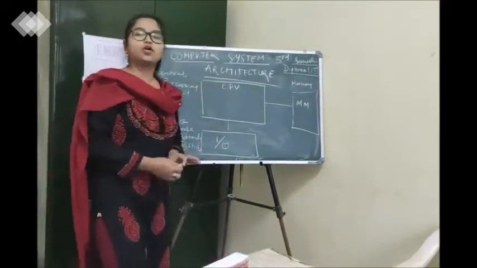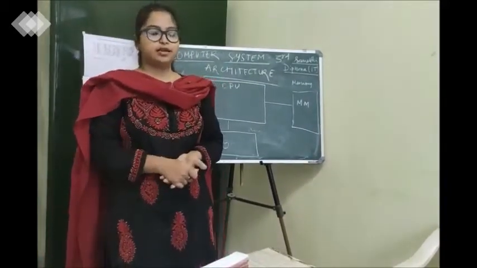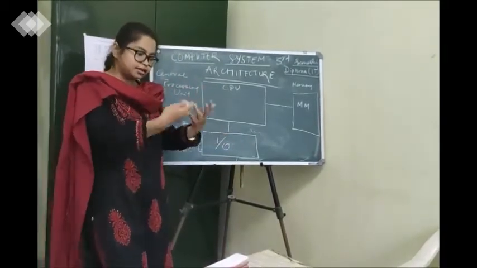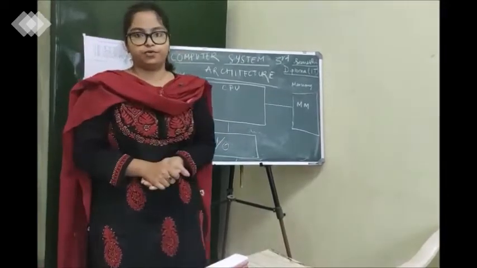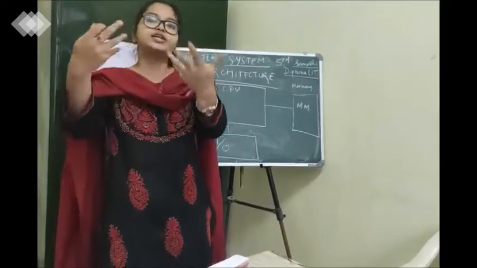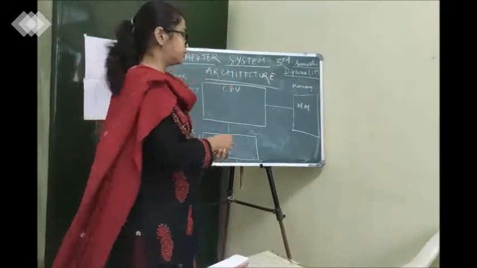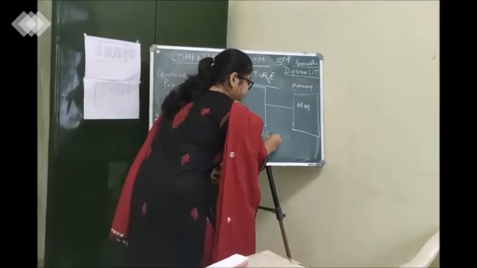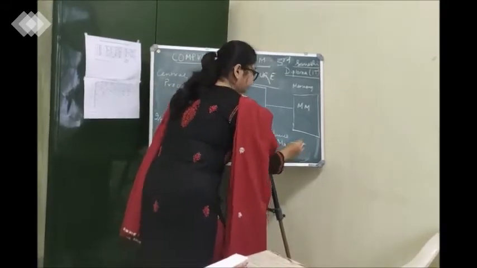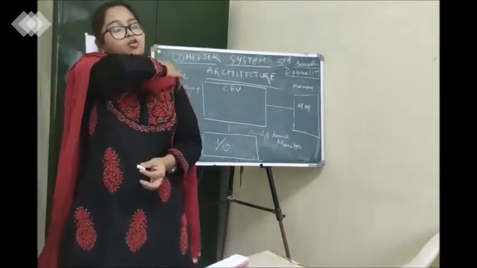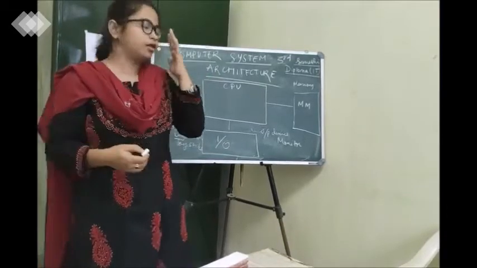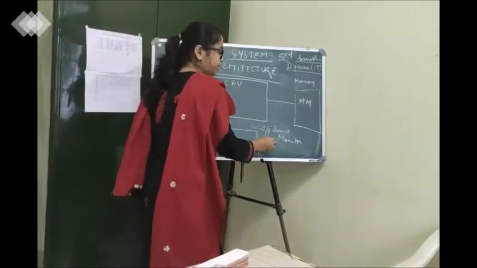Now, you may ask, what are the output devices, ma'am? Similarly, like the input logic, we can also apply it on output devices. These are devices through which we can project our output. These are the medium through which we can project or visualize our output. Examples are, we have monitor. Monitor is one of the main output devices through which we can see what is being projected, what we are working on. So monitor is one. Second, we have printer.